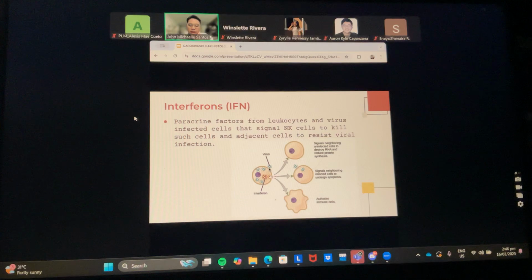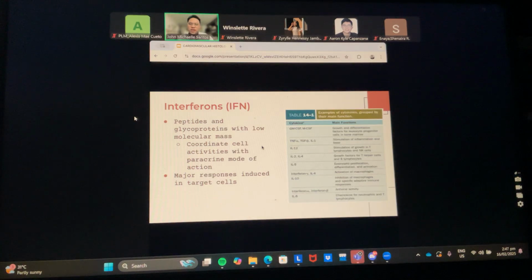a virus enters or is seen by a natural killer cell. Okay? They are the ones who signal, so to speak. They signal the neighboring uninfected cells to destroy viral proteins. They relay the information that, hey, there are invading substances here. We need to kill them. So that is the function of our interferons. So these are peptides and glycoproteins with low molecular